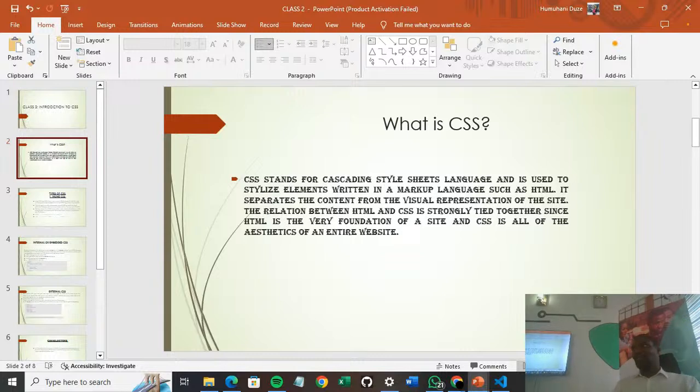HTML is an example of a markup language. I told you the meaning of HTML the other day, right? What's the meaning? Hypertext Markup Language. So most times markup languages don't stand on their own. They need other languages to be able to function properly. You understand? So CSS is used to style the